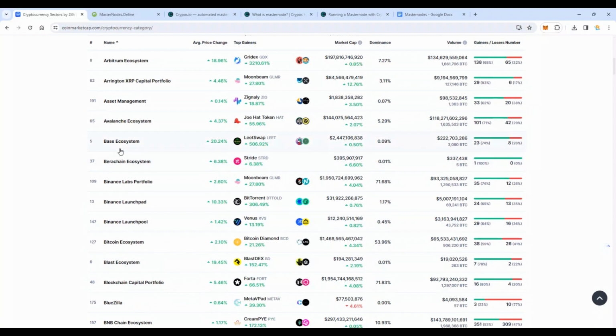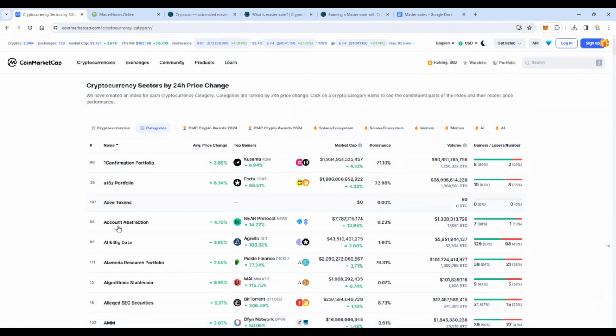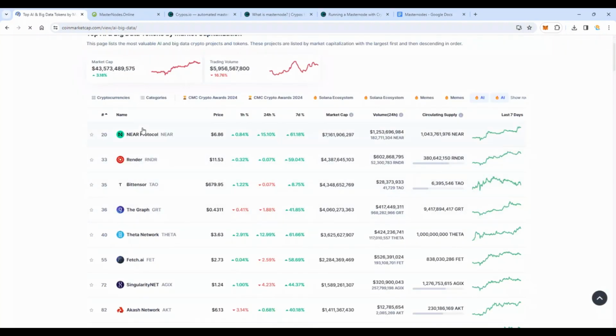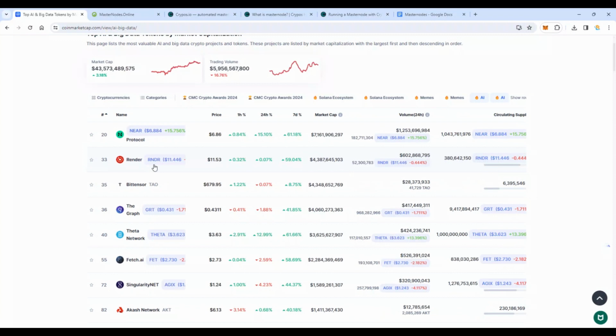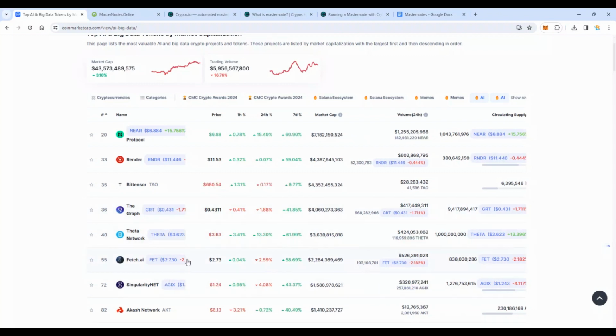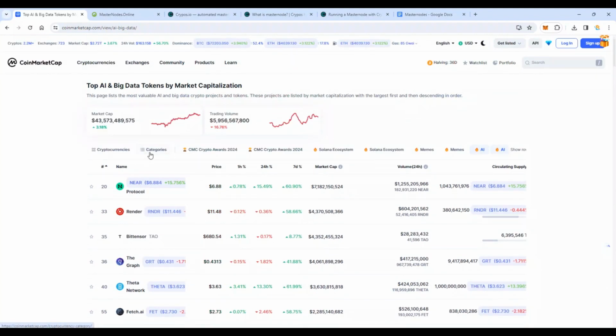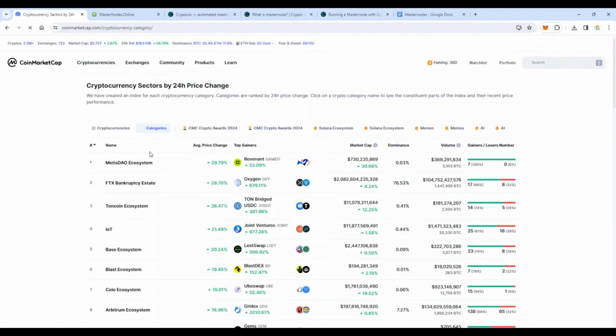For example, if you click on AI and big data, you can see projects that are on AI. We have the NIA protocol, we have RNDR, which is actually one of our projects. We have Tau, I think I gave Tau the other day. We have The Graph, we have Theta, Fetch AI. This one I gave to you the other day. So if we want to filter to